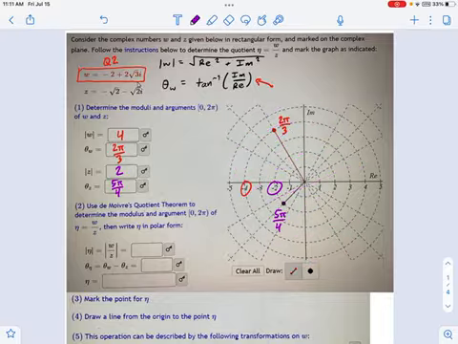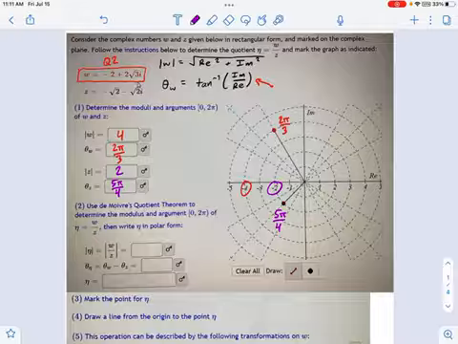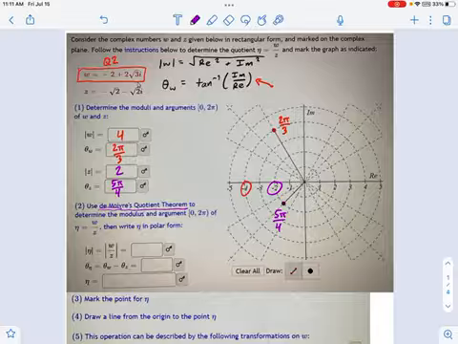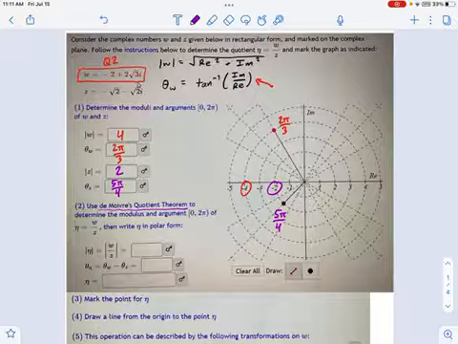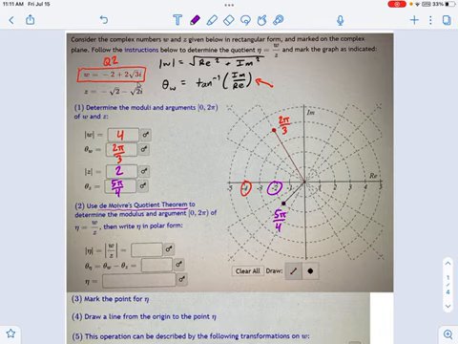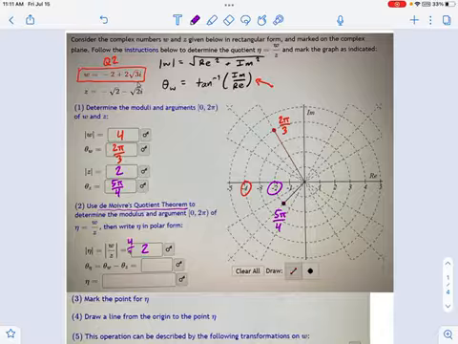So now, going on into step 2, I want to use de Moivre's quotient theorem to determine the modulus and argument of eta, this n with the little tail on it. Basically a quotient. So the first part is very easy. What is w divided by z? Well, that's 4 divided by 2 if I look at the magnitudes. And 4 divided by 2 is just 2. That's how I got here. And then for the argument of this one, this is also pretty easy.